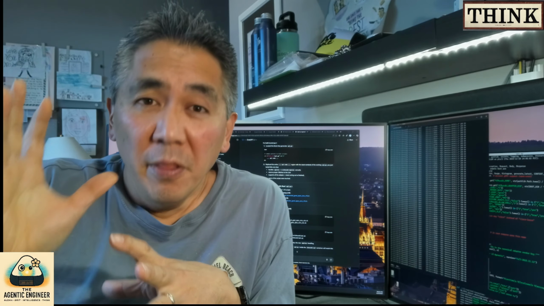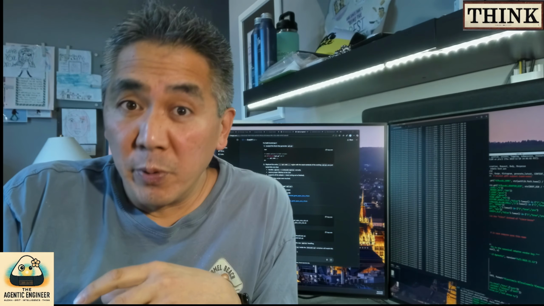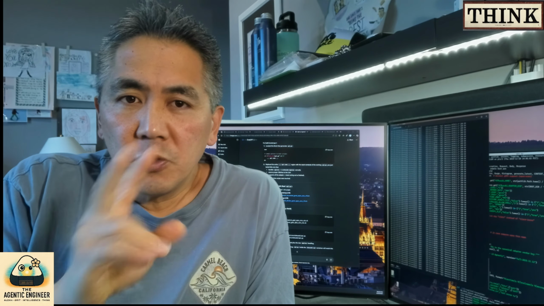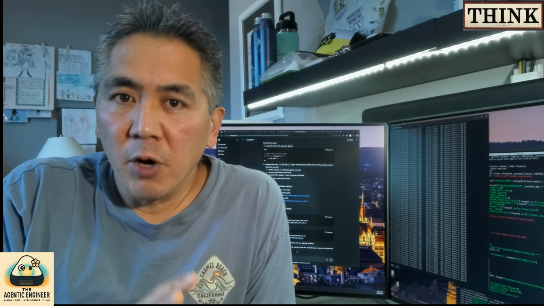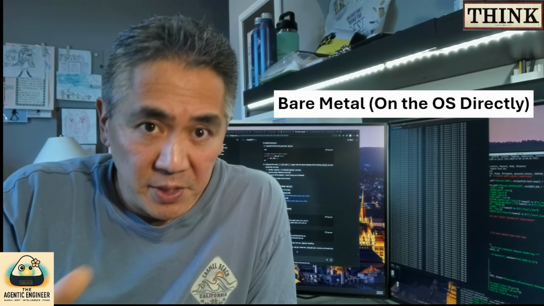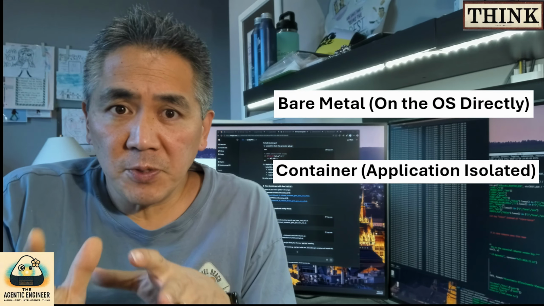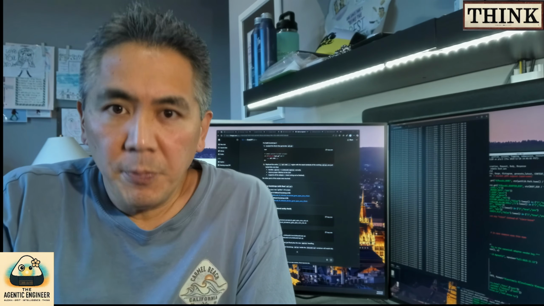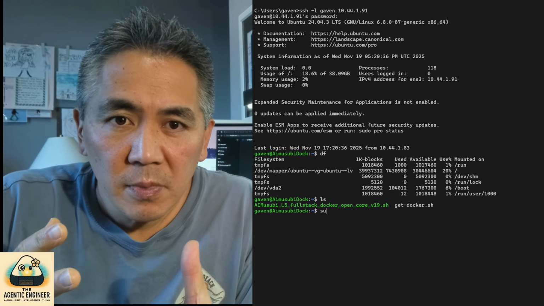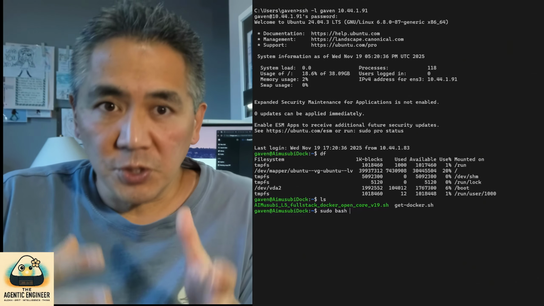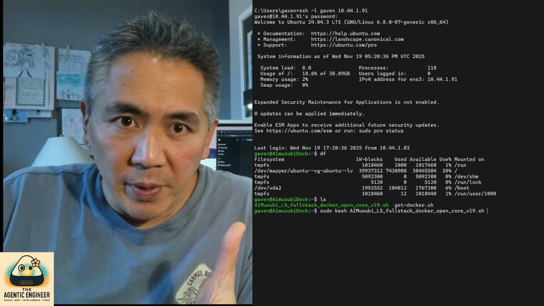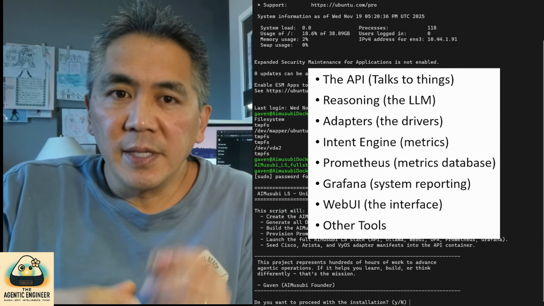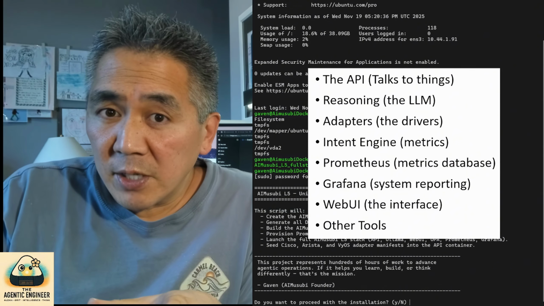All right, this is AIMusubi's level 5 bootstrap, which you'll see in a second. By the way, I built 2 bootstraps, one as a bare metal install and one for containers. These bootstraps install the full agentic stack, which includes the API, which interacts with the environment, the reasoning layer, which is the large language model, which we all hear about, the adapters, which are the device drivers, the intent engine, which is the metrics collector of this platform,